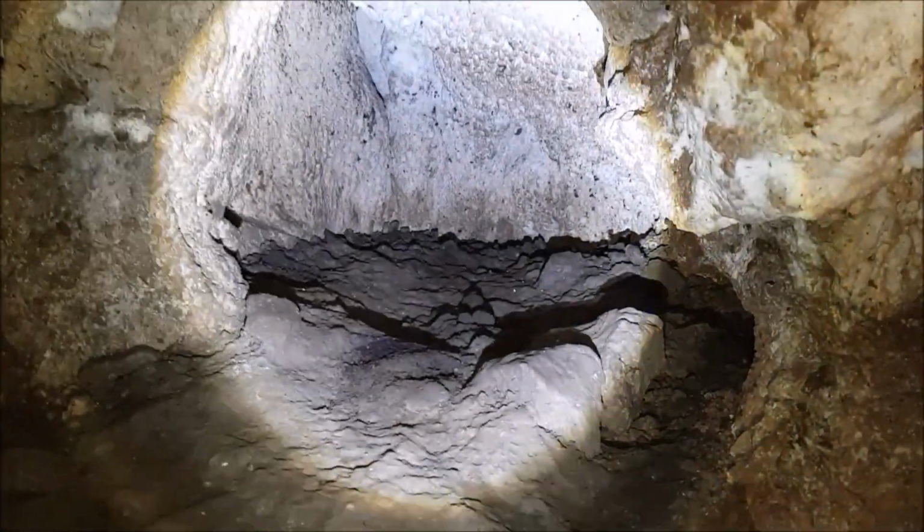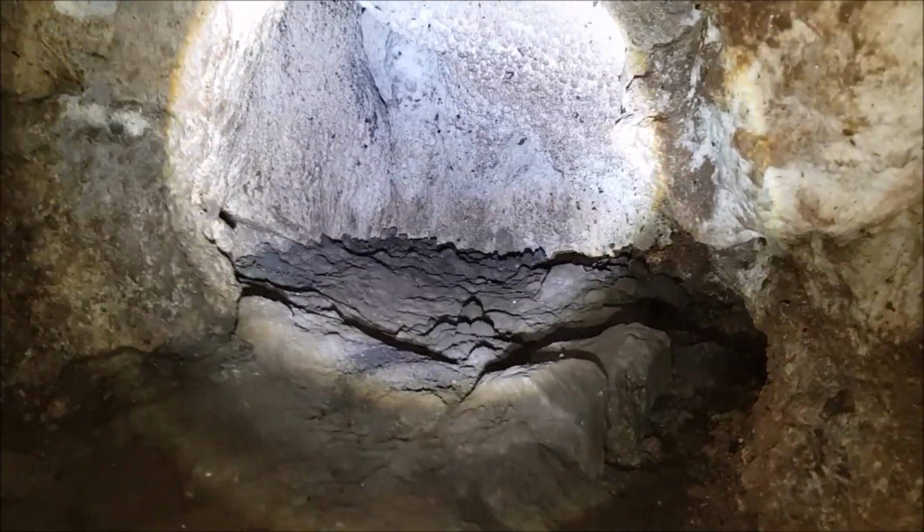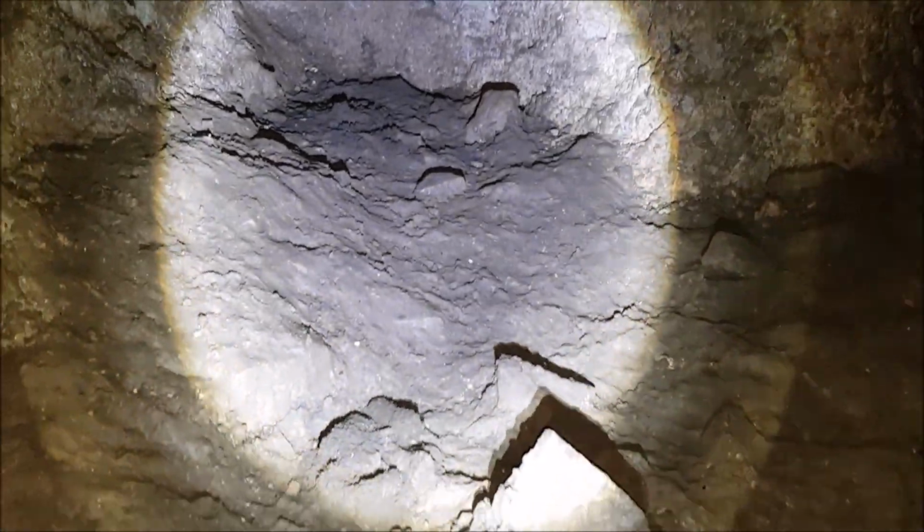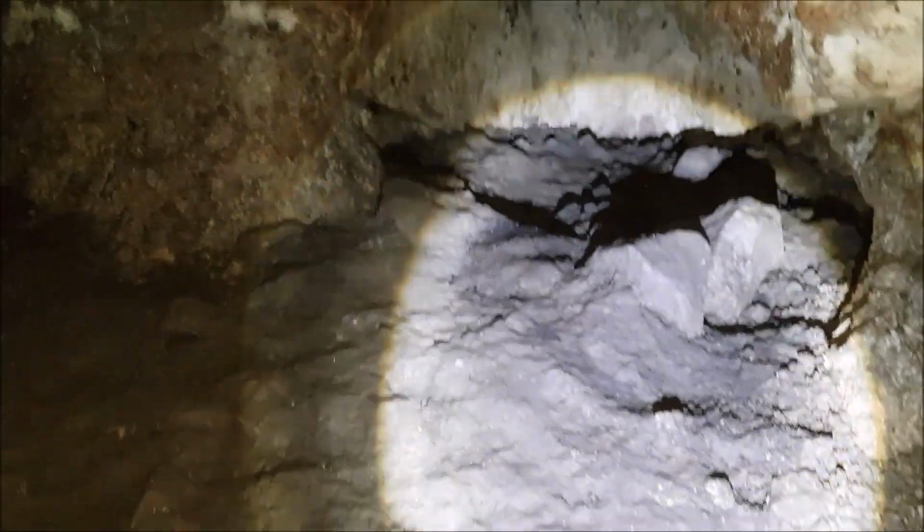None of these tunnels actually go anywhere. This may have been where the bodies were. Sort of declines the other. 1, 2,